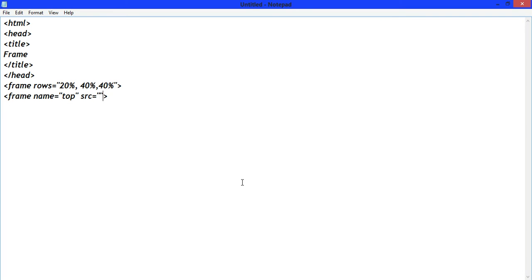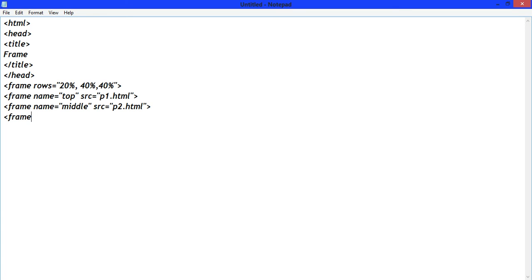Right here p1.html. Now frame name equals to middle, src equals to p2.html.